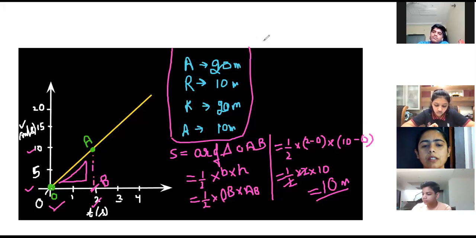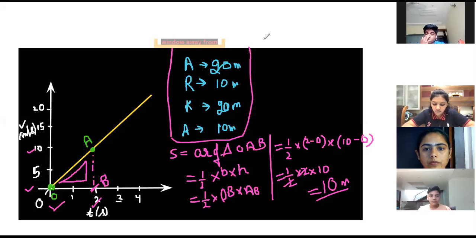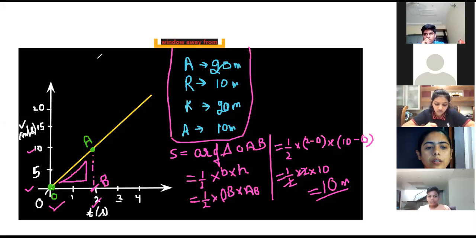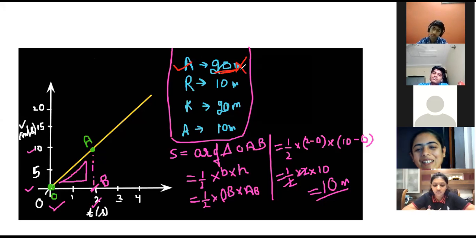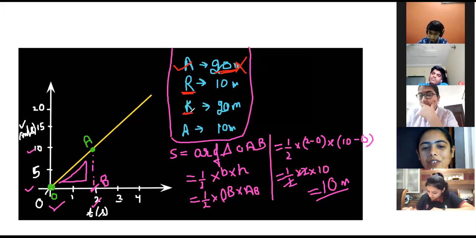Hanji Angel, unmute yourself. Angel, click on the mic and unmute. Good morning, ma'am. Ma'am, what are these A, R, K, and A? I got disconnected, so I didn't know this. These are the names of the students. Arushi gave the answer as 20 meter, which is wrong. She had given 10 meter first, then corrected it to 20. Okay, ma'am. R is for one more student. K is for one more student. These are the names of the students.